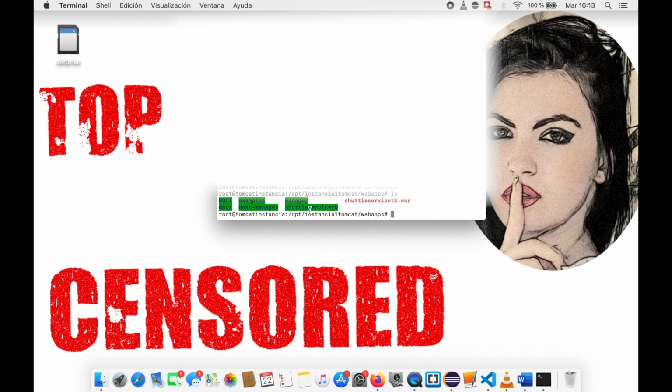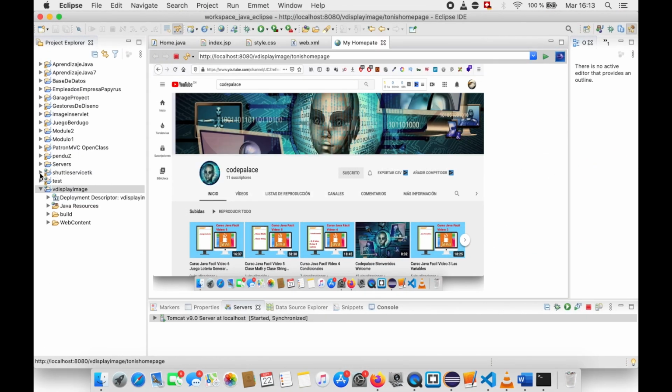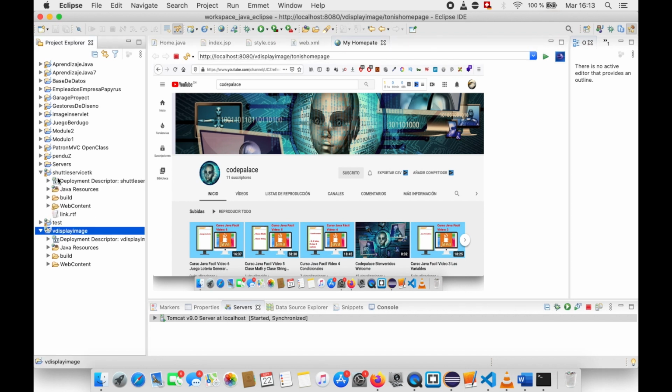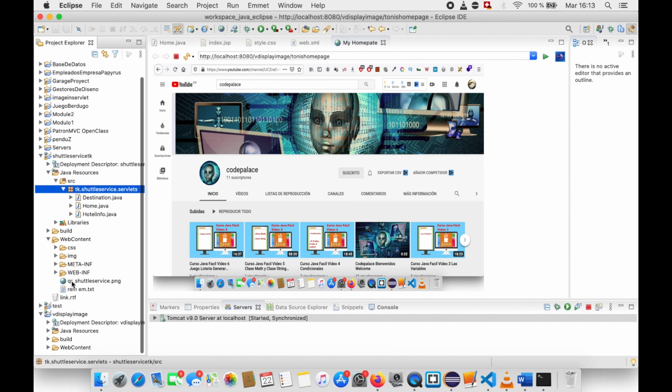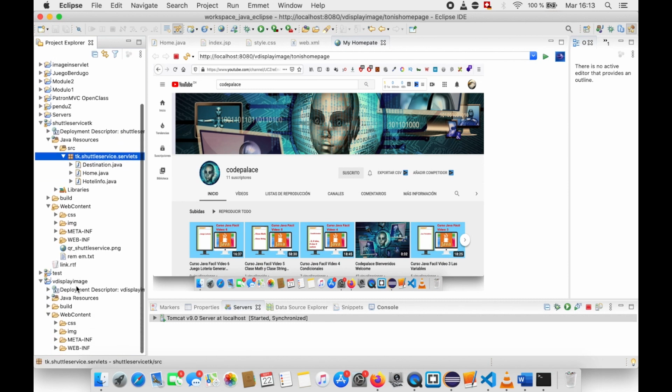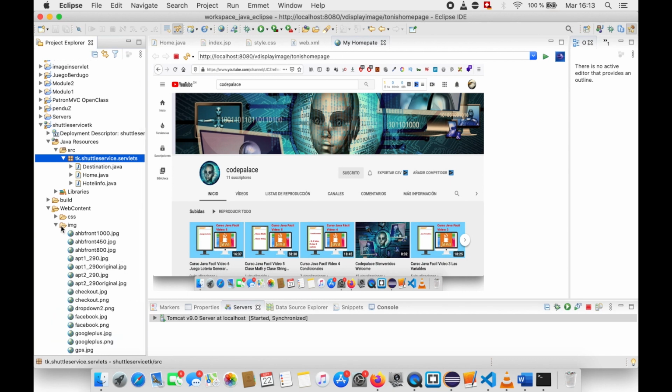This is my project. If I come back to Eclipse, you can see that I have one small project here. The name is Shuttle Service TK, and inside are all the classes I have for this project: destination, home, and hotel info. Then I also have the web content, with the same structure as here. Inside the web content, I have the IMG folder with the images, more than one. I have the folder with the CSS, and I also have the